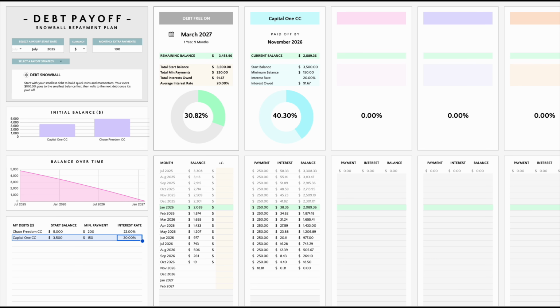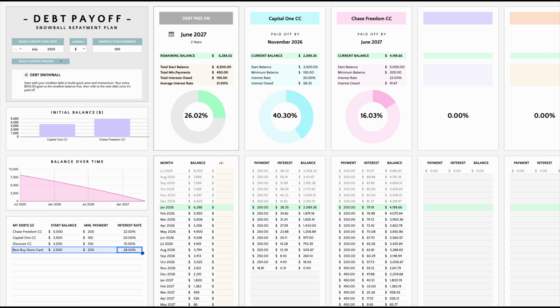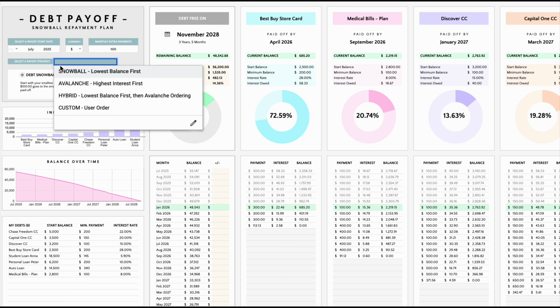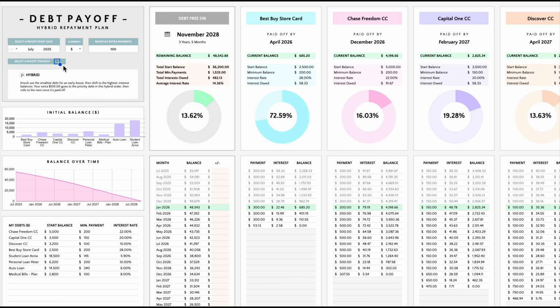If you're ready to take control of your debt without complicated apps, confusing spreadsheets, or overwhelming math, you're in the right place. Paying off debt doesn't have to feel stressful or impossible. In this tutorial, I'll walk you step by step through how to set up and use your debt payoff calculator in Google Sheets so you can clearly see your balances, choose the best payoff method, and track your journey to